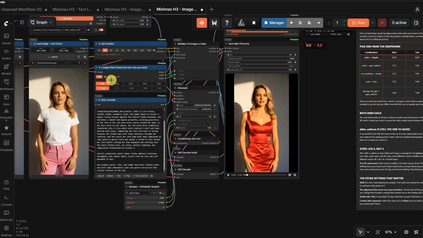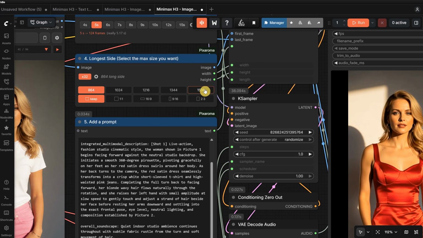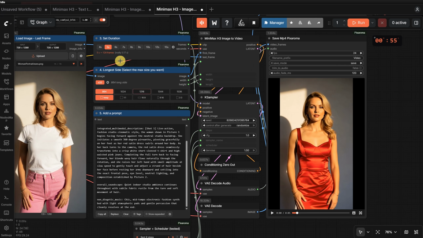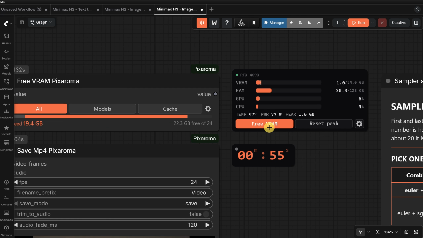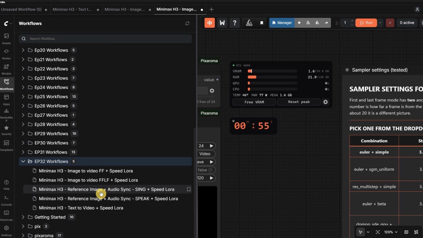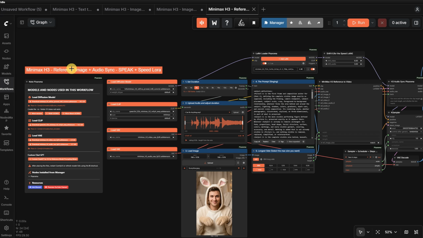The resolution of the video is decided by this longest side setting. The higher you go, the longer it will take, and it might crash if you do not have enough VRAM. On my video card, the peak was around 22 gigabytes, and I can reset that value from here. Sometimes you might also want to open a new workflow and clear the VRAM first if you are going to use different models. Now I want to try a workflow that lets a character sing using an audio track you